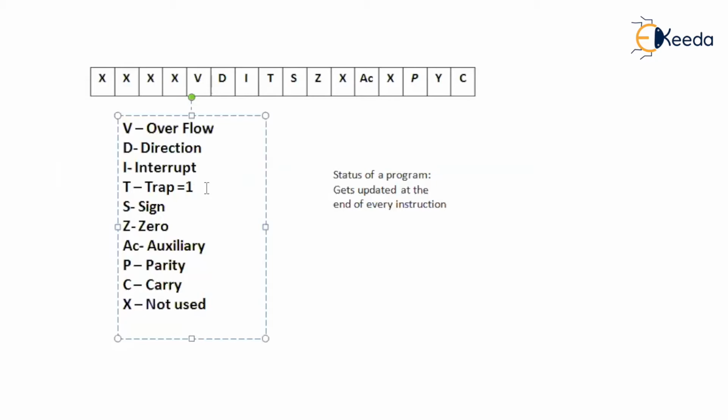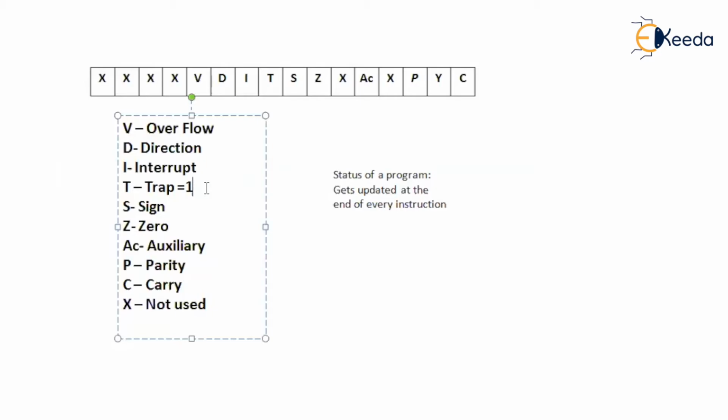Can the CPU execute a divide by 0 instruction? No, it cannot, because it hasn't been defined. So in what way could it execute? There is no way for the CPU to execute a divide by 0 instruction. If such an error occurs, the trap flag will be equal to 1. It says, Mr. CPU, you will have to terminate this program, because it can no longer be executed, as there is a serious error in the current instruction.